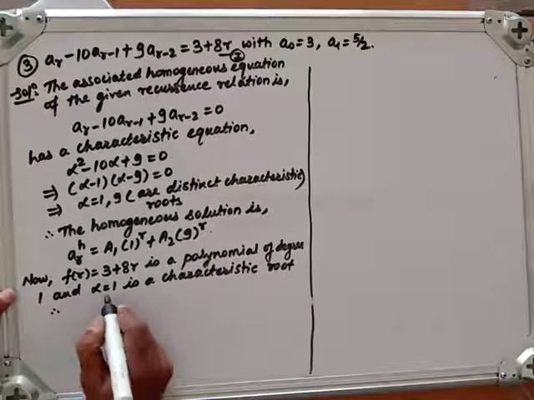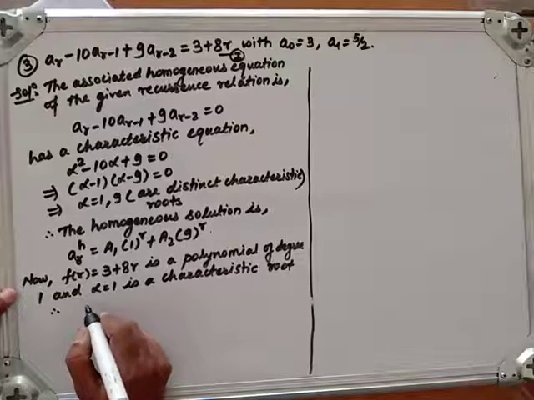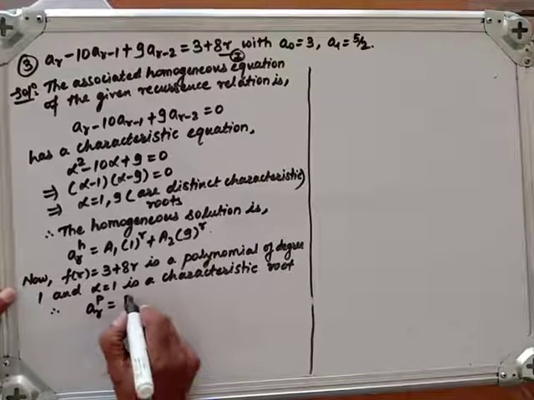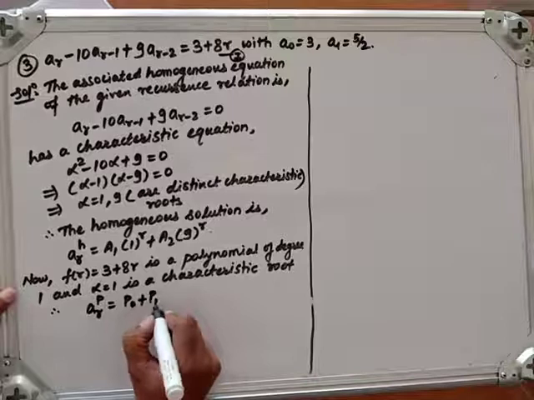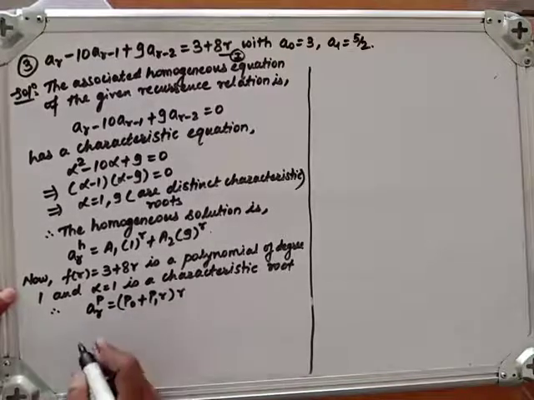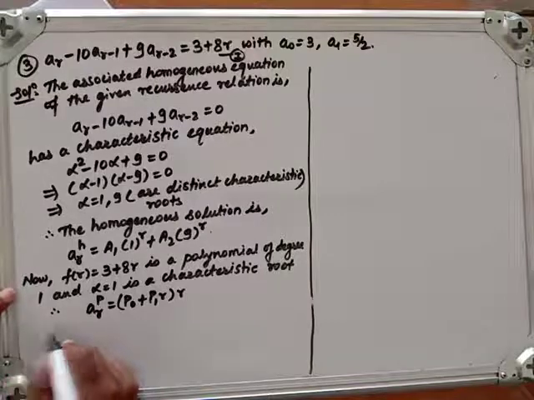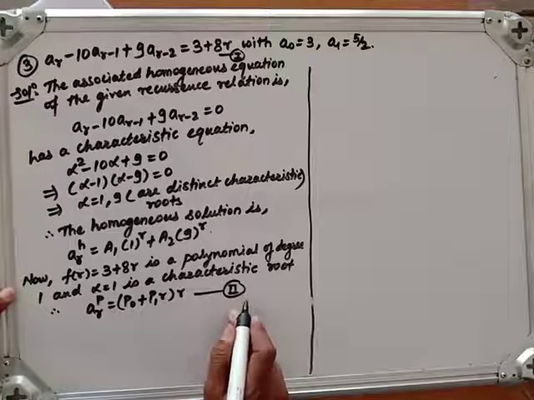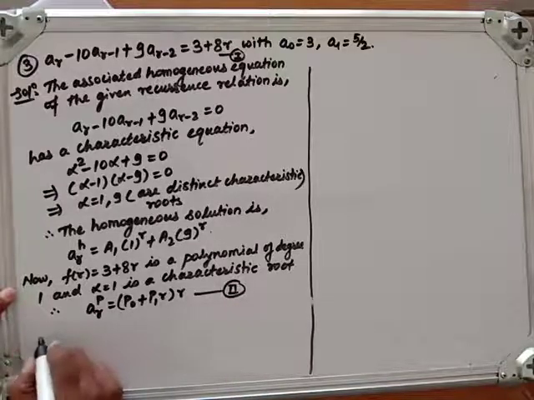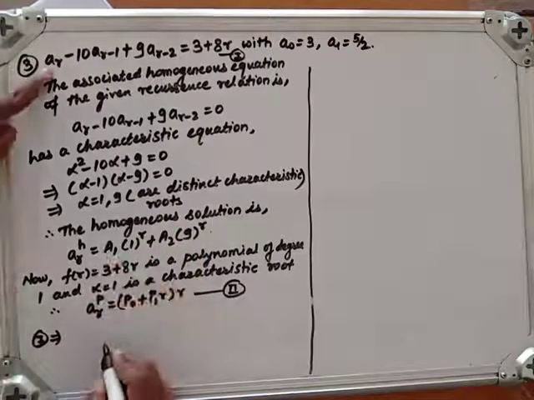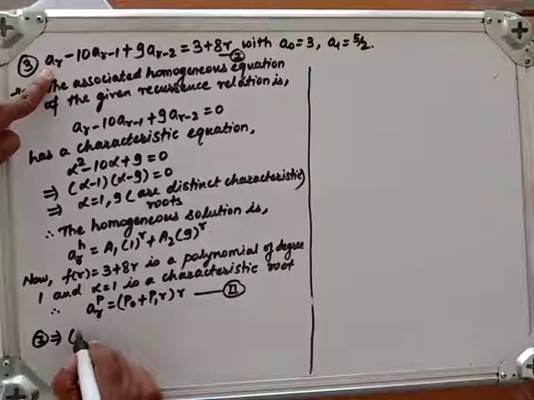Therefore, by the general form of the particular solution, we get a_r equal to (P0 + P1 r) into r raised to 1, that is r itself. Fine. Now from this one, let it be 2. Now equation 1 implies, from this we get